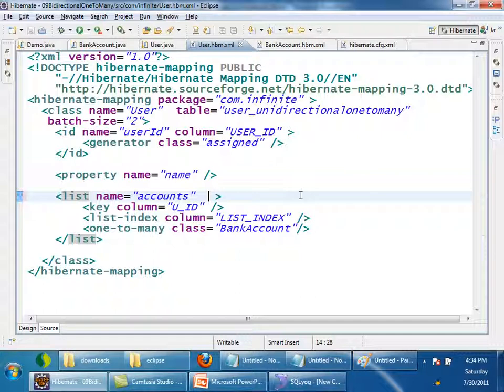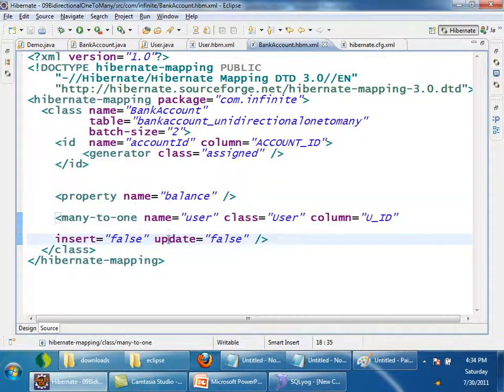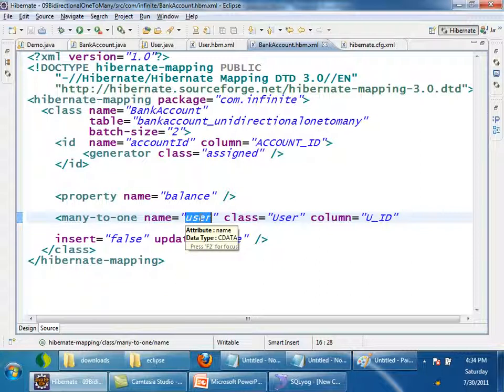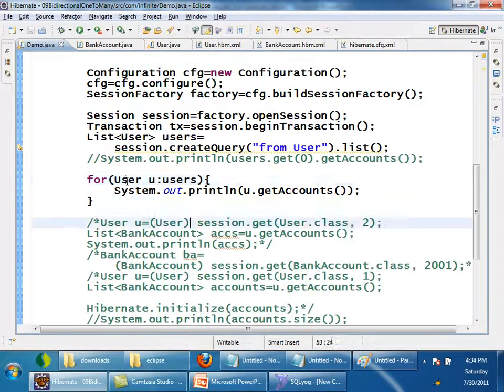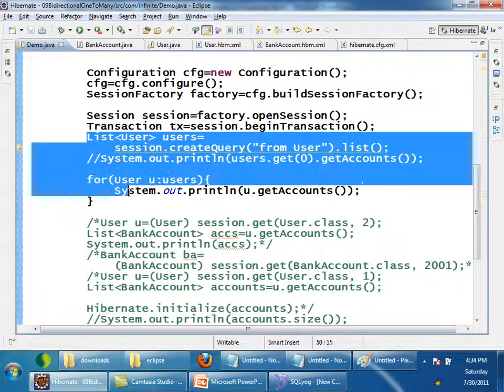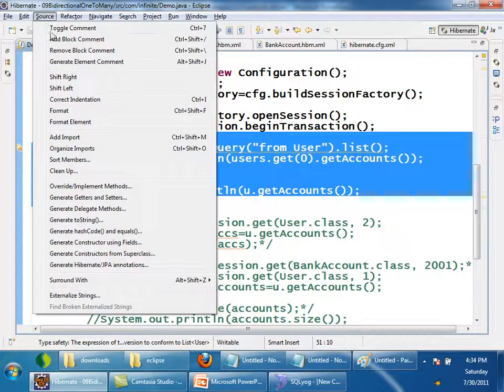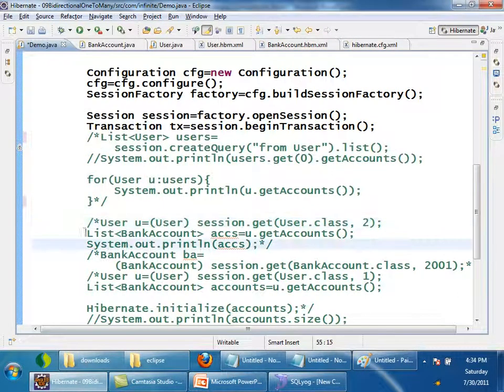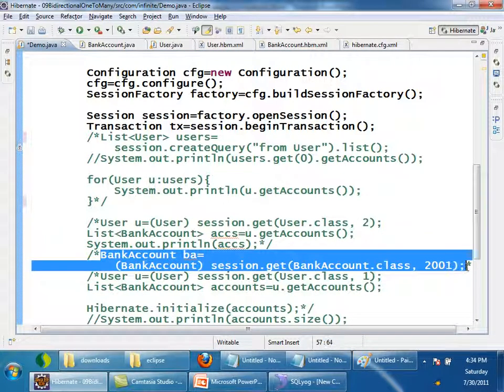Now, in bank account, I will say here, for example, if I fetch bank account, will it by default fetch user also? No, all associations are proxies. So now I will fetch bank account and see how it will happen. I will comment this. I have to get the bank account first. This will get the bank account